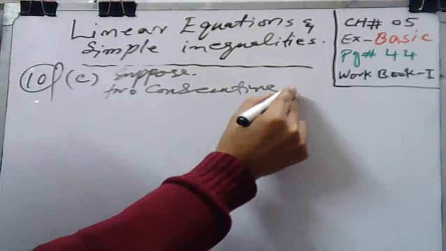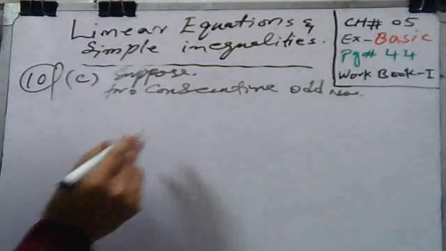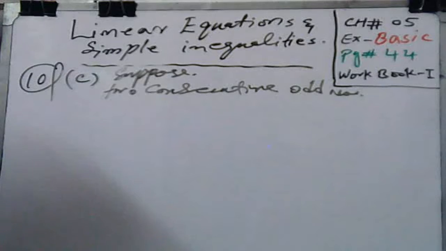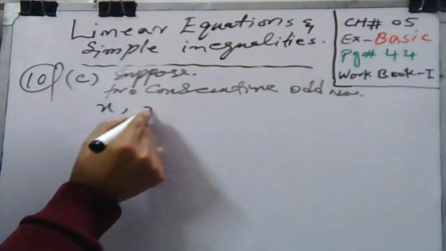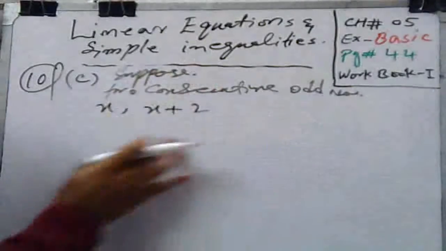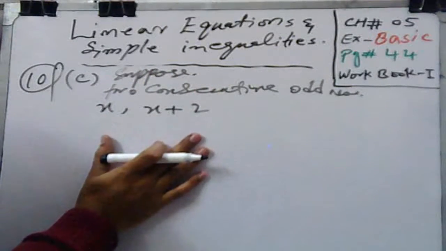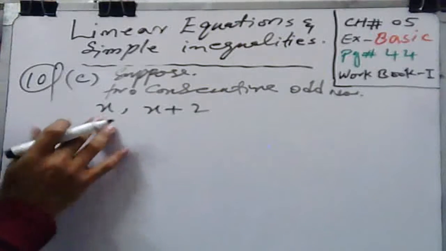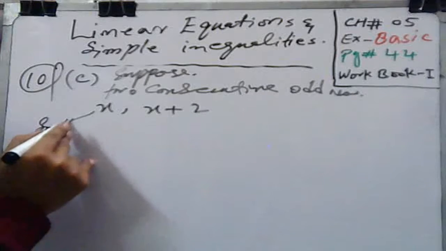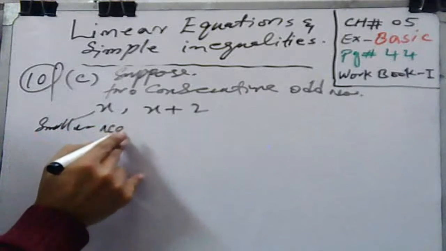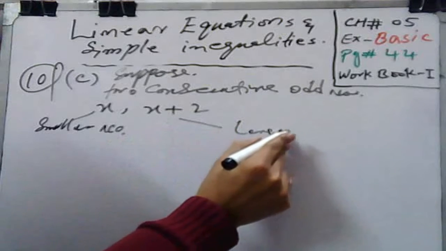Let the first one be x and the second one x plus 2. Any odd number, 3 plus 2 is 5. So these are any two odd numbers. Suppose one is your smaller number, and the other is your larger or bigger number. Now, by the given condition,